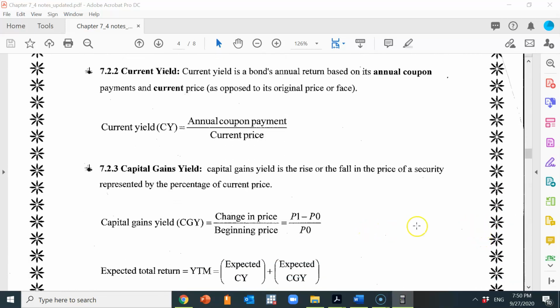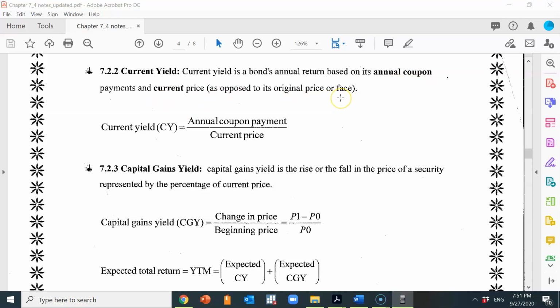Next, let's introduce two groups of concepts for bonds. One is about bond return and the other is about bond risk. For bond return, we have the concept of current yield and capital gains yield. Current yield is a bond's annual return based on its annual coupon and current price, as opposed to its original